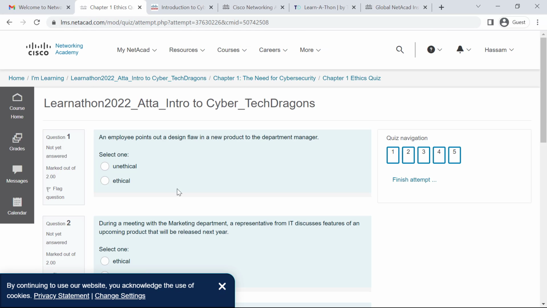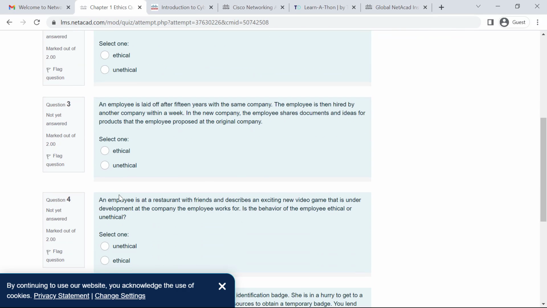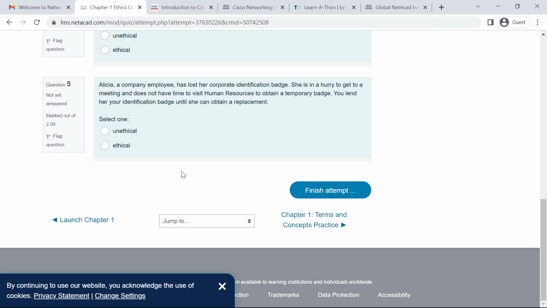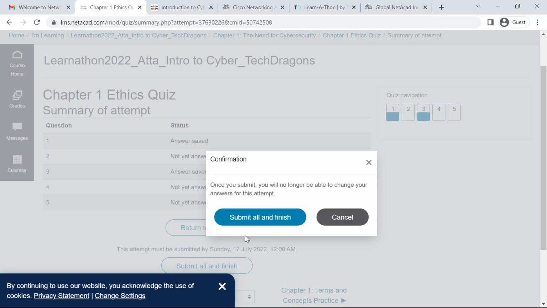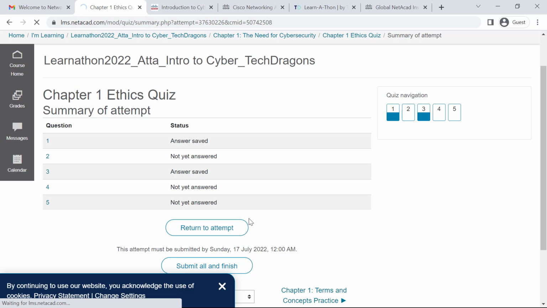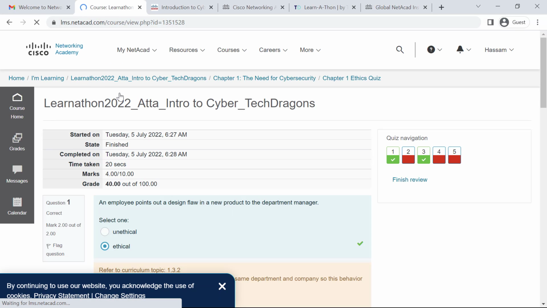There may be some assessments and some exams and some other things. So you will simply check these options in your quiz or exam and click on finish attempt. Now you have attempted your quiz, and in this way you will complete your course.